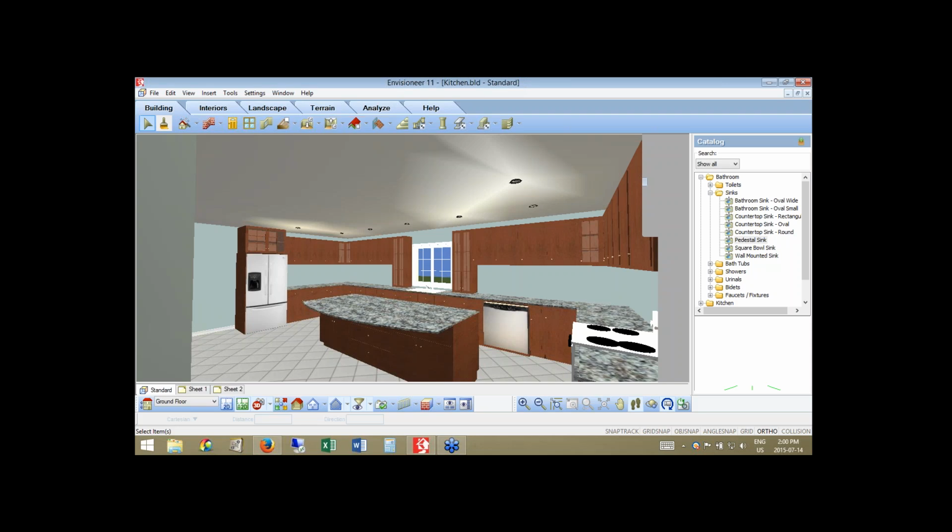Be your host today as we look at kitchen design. We're going to go through and insert and create the kitchen that you see on my screen right now. We're going to recreate that and show you how to customize different items as well. Once we're done the design, we're going to open up our chat panel where we can answer questions that you